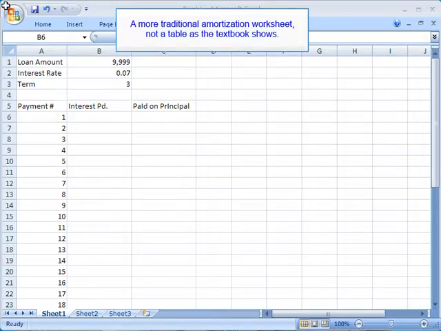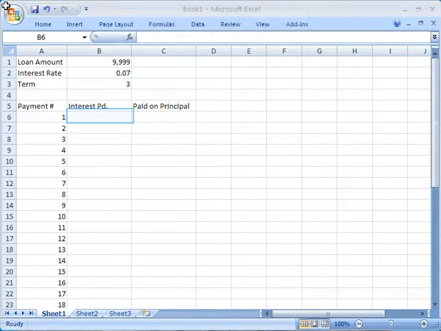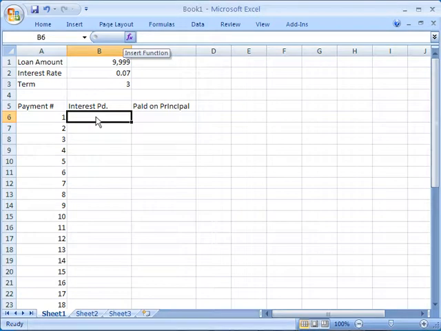In this view, I've chosen to minimize the ribbon so we could see a little bit more of the worksheet. I'm going to enter the interest paid per payment number first. The way it works is this. This is the first payment. I want to know, on a $9,999 loan at 7% for 3 years, how much for payment number 1 goes toward interest, how much goes towards principal, and so on down through the